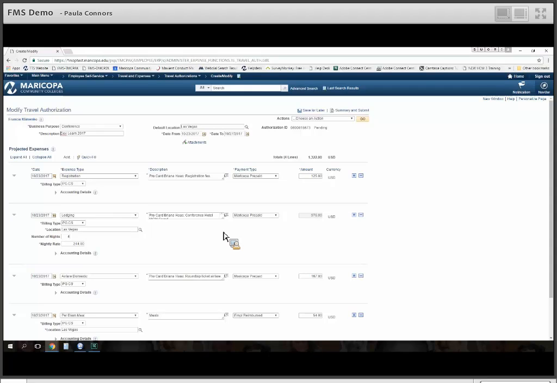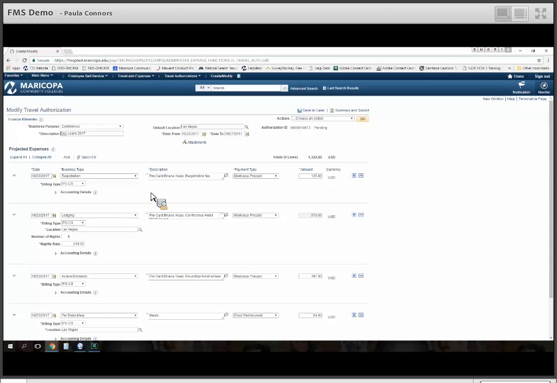But the same processes apply as they do now with the new travel authorization, where you do indicate your business purpose, the description, which is the name of the event or the activity, your location, your dates of travel, etc. You also have to enter in your expense lines. But with this form comes key changes. Three changes that are very apparent with this new form is how to get to your accounting defaults,